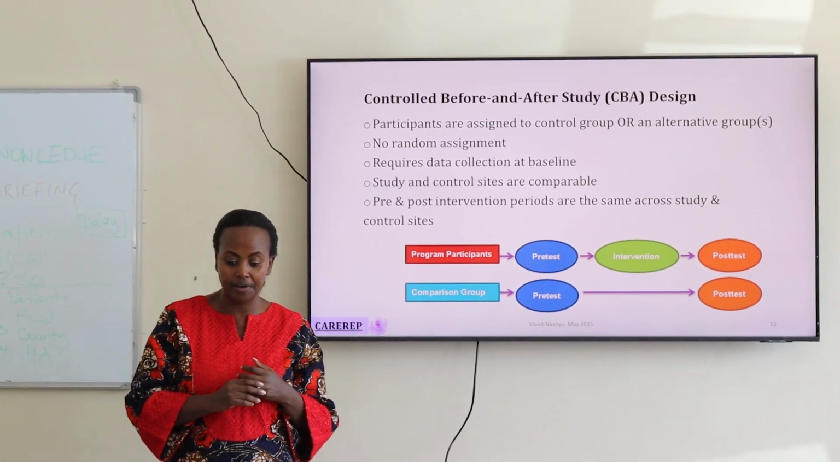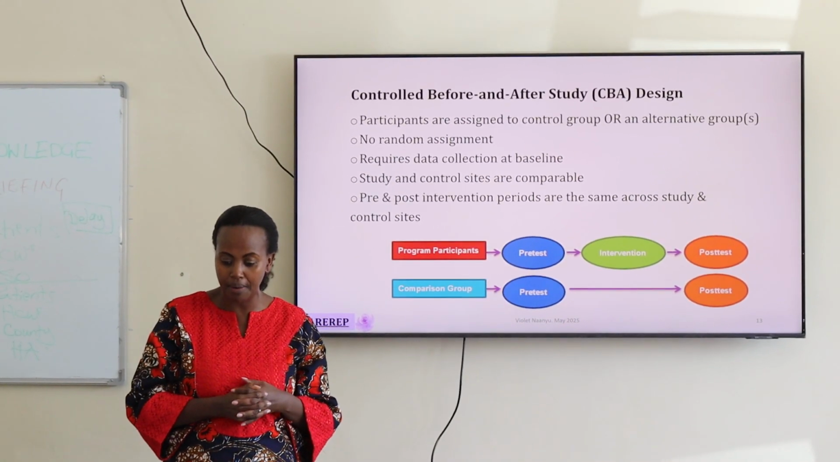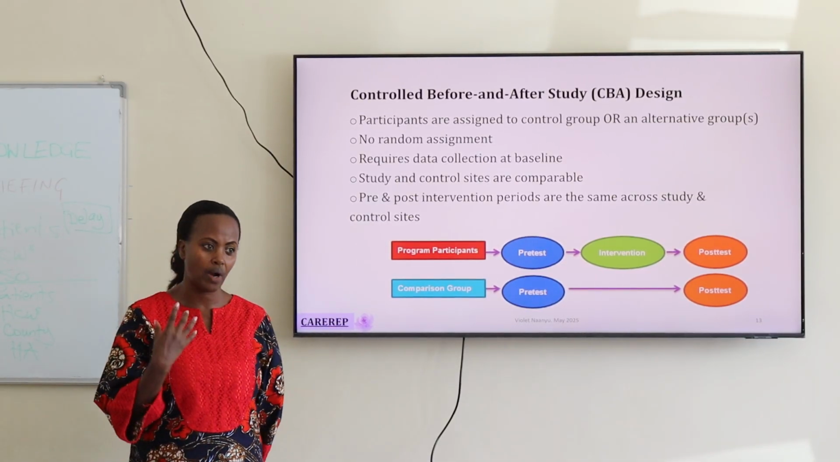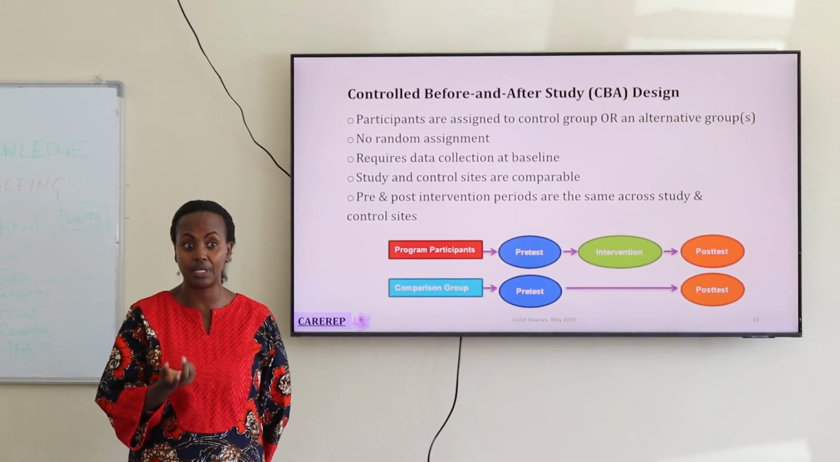So the key thing here is that the study and control size should be comparable as much as possible. And this is very common because this doesn't require a lot of planning, a lot of resources like some of the other